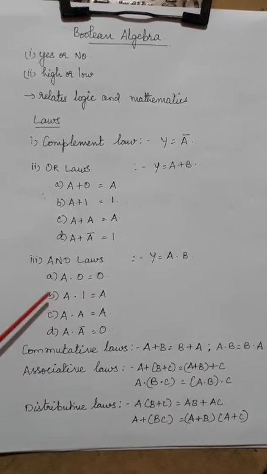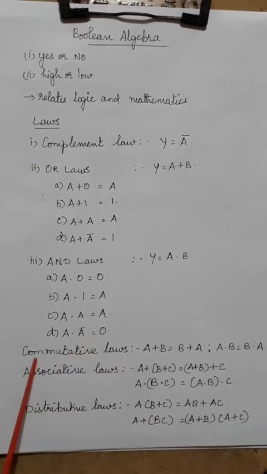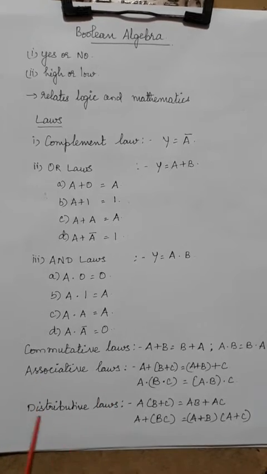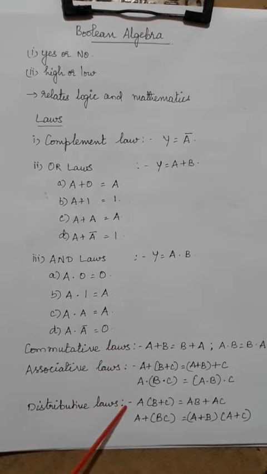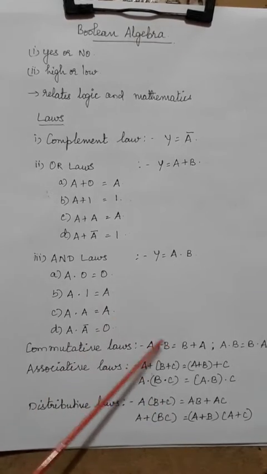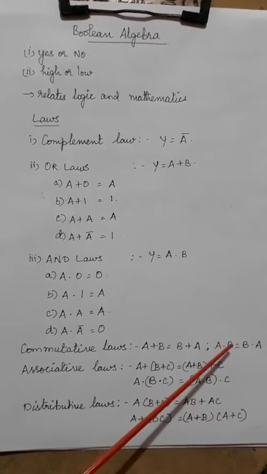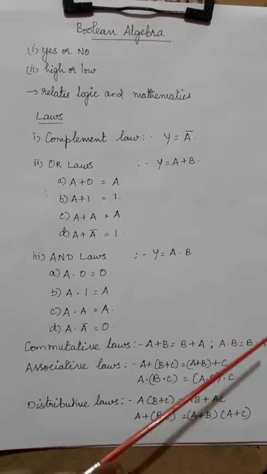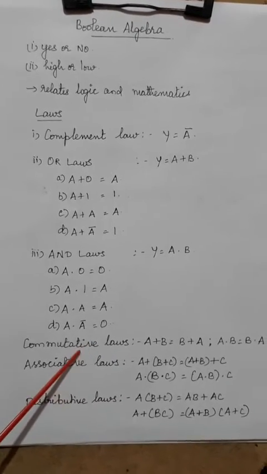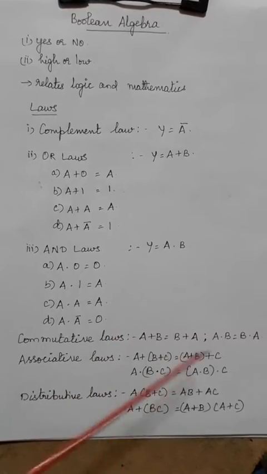This is not mathematical laws, children. This is logic. And then the next one is the commutative law. Commutative law, associative law, distributive law, you would have studied the same in mathematics, but we will use the logic in it, where a plus b will be equal to b plus a and a dot b will be equal to b dot a. In those conditions, we say that the expression is commutative, that is, left hand side will be equal to the right hand side.